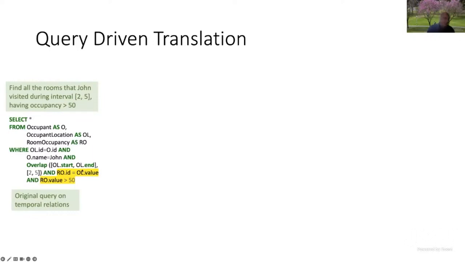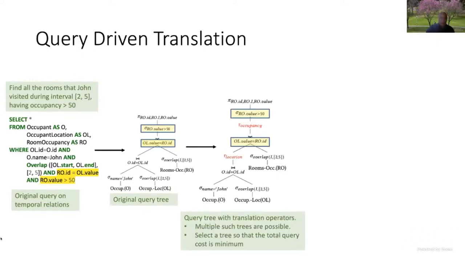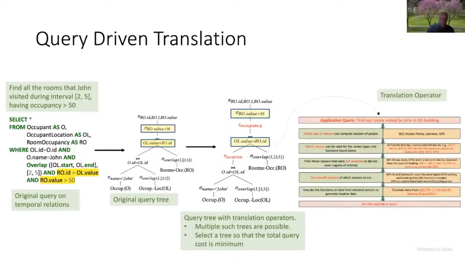So what TipplesDB will do is it'll take a query of this kind, translate it into a query tree, and then do analysis to figure out which attributes are dynamic attributes, and based on that, it'll place translation operators before the predicates of those attributes are evaluated. So in this case, before location, to determine John's location, we have to do the translation of the location attribute, and likewise for occupancy, translation has to be done as well. These translations are actually a fairly complex piece of logic.